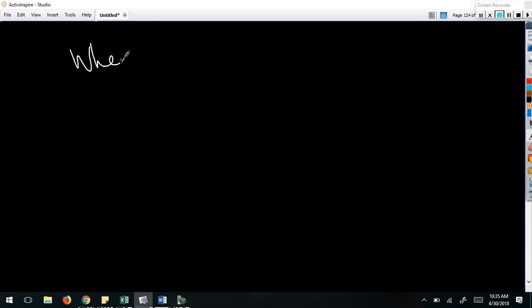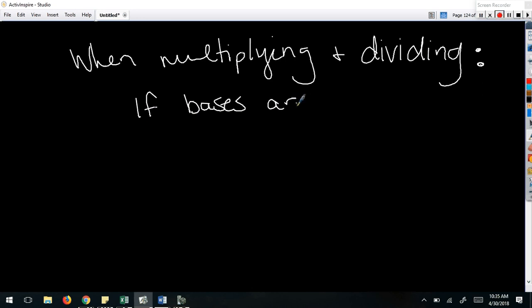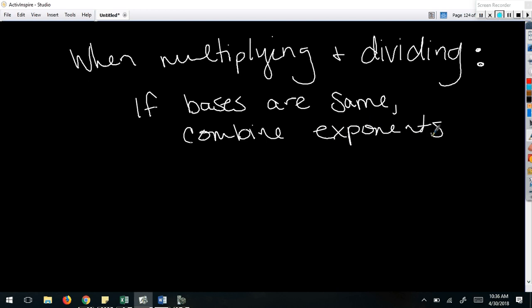So, when you are multiplying and dividing, this does not work when you are adding or subtracting, so don't do that. All right, when you're multiplying or dividing, if the bases are the same, this is real important, combine the exponents. But if the exponents are the same,